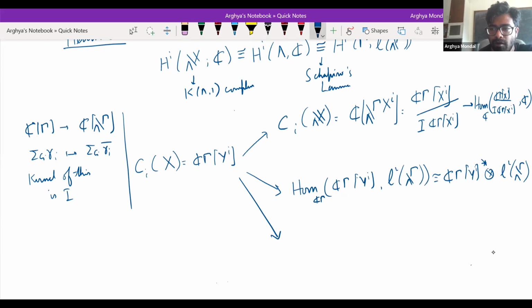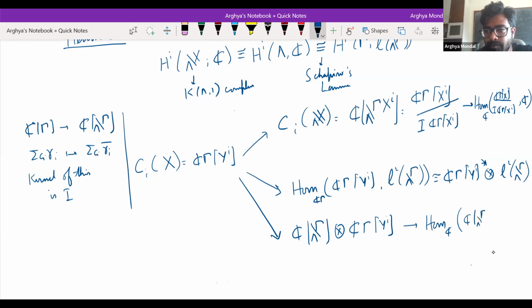Let us look at L2 of gamma mod lambda. This is the dual of the C gamma module given by C of gamma mod lambda, and then this is the right module. So you first do this, and then you apply Hom. And so all you need to do is show that these first two functors are naturally isomorphic.